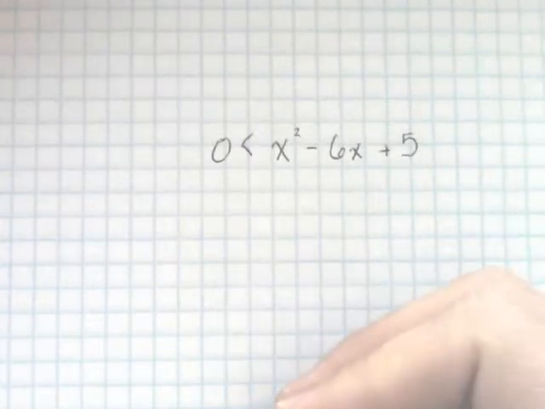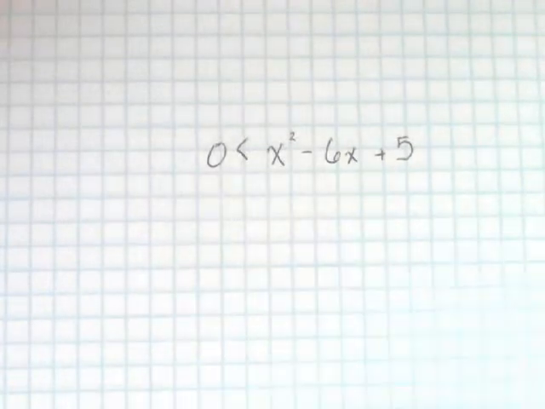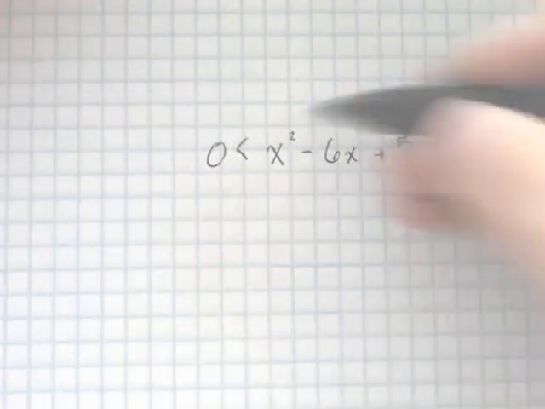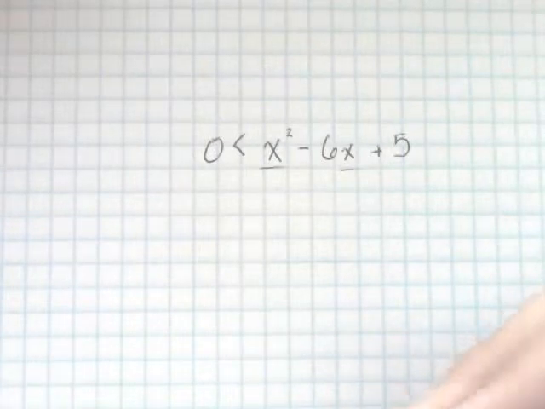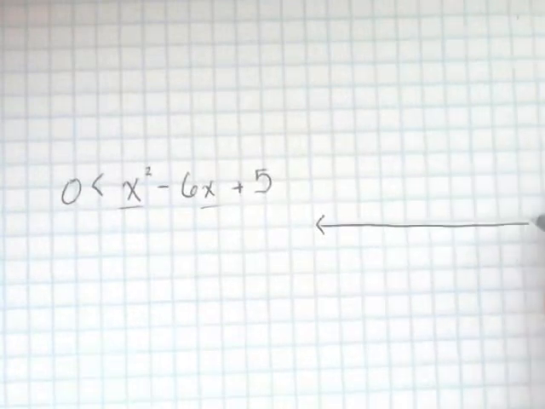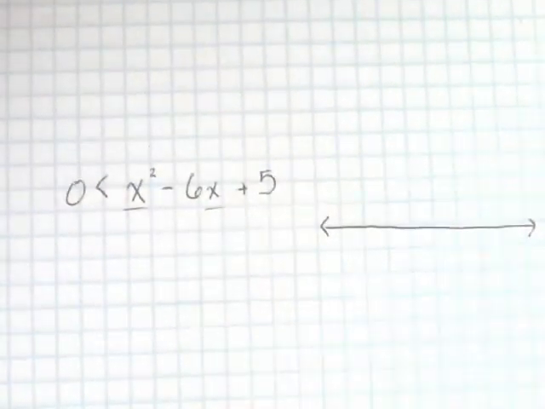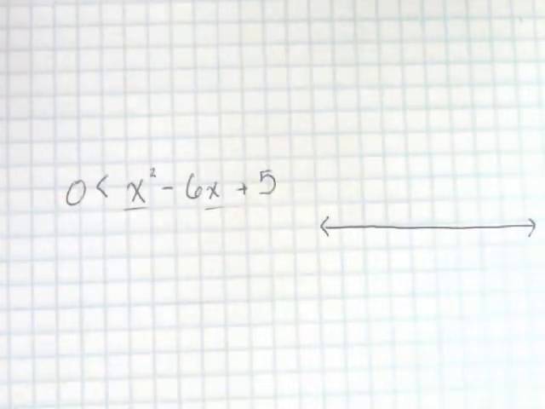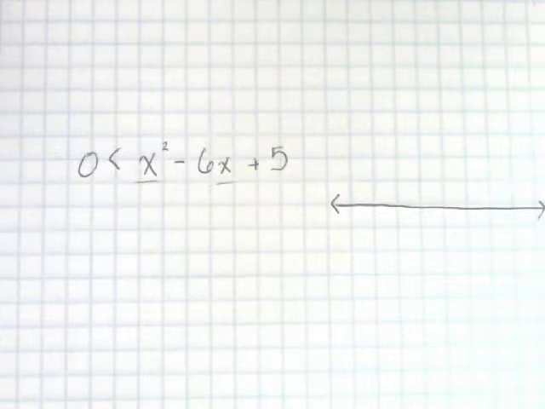You may have watched another video where we were graphing inequalities on the coordinate plane, but those inequalities had an x and a y in them. This inequality only has an x in it. There is no y. So rather than graphing it on a coordinate plane, I'm going to graph this inequality on a number line. Okay? And actually, I'm going to make my number line first, and then I'm going to write my solution set. So what I'm going to do is start by saying, okay, let's suppose this